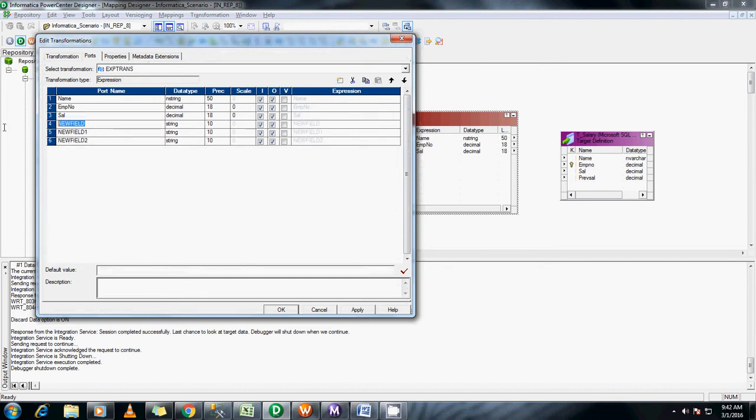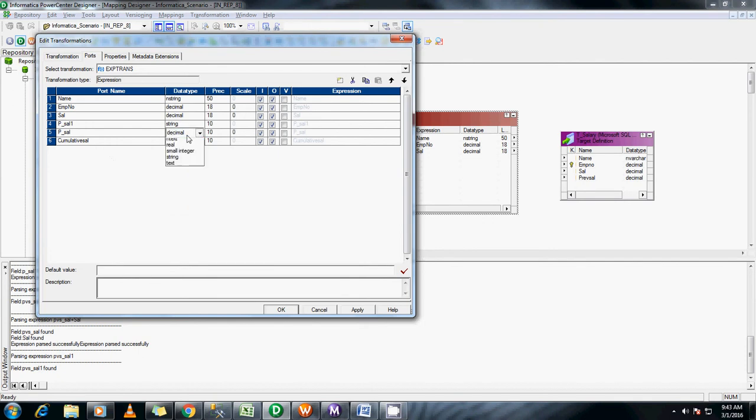Let it be salary, previous salary 1, and let this one be previous cumulative salary, because we are calculating all the cumulative salaries for this.